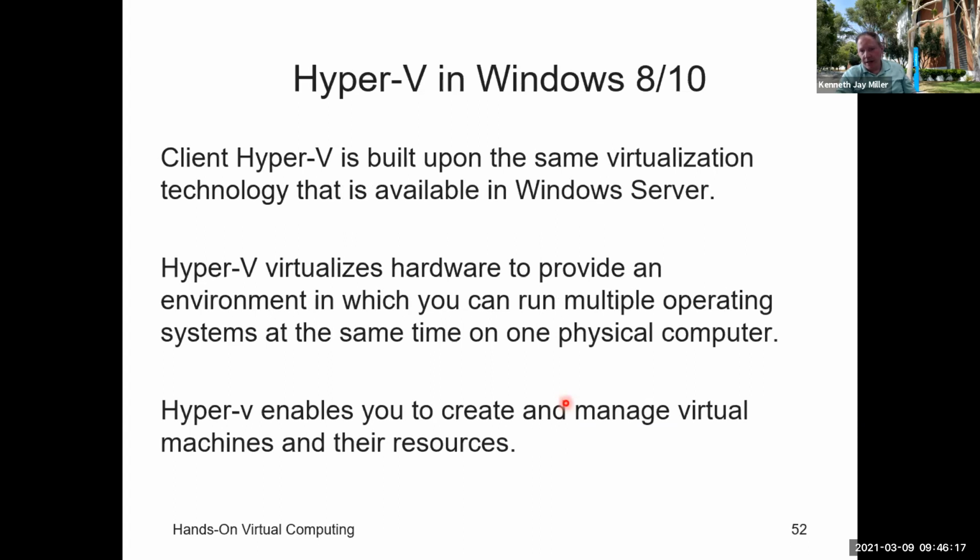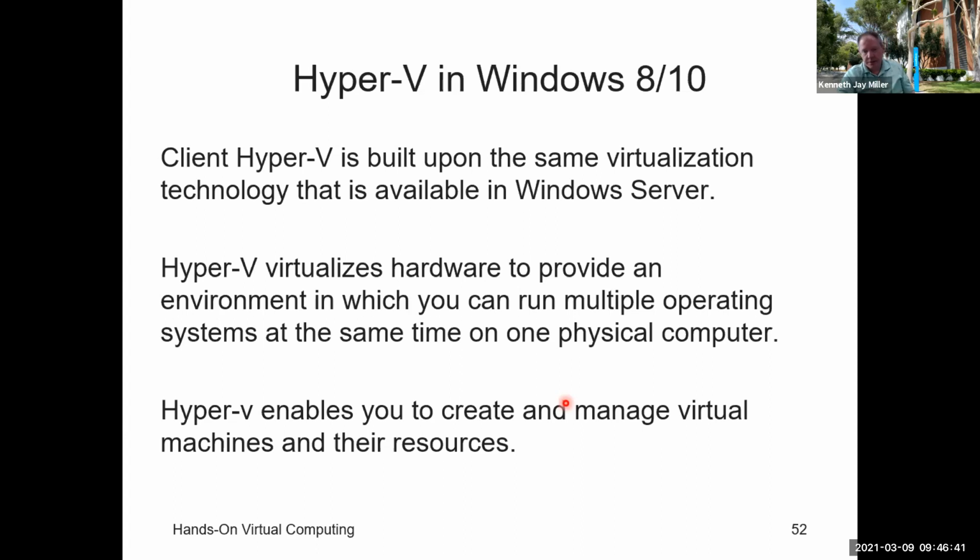It's built on the same technology that is in Windows Server Hyper-V. So if we use Hyper-V in our workstations, and then we start working on a server that has Hyper-V, it's going to have very similar